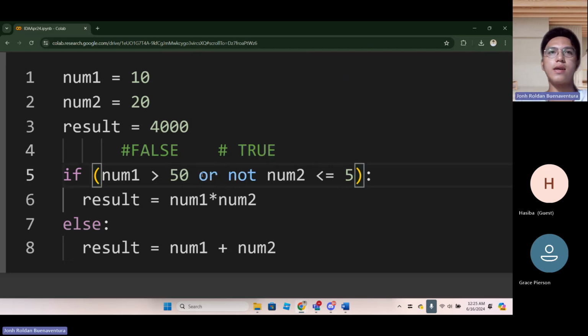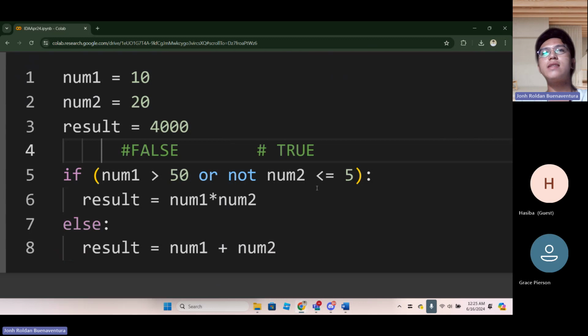Yeah. Okay. In case it looks like this, let's say num2 is greater than or equal to 5. Now the value of this is true because 20 is greater than 5. So that alone is true. But you have a not. Therefore, that will be a false. So you just flip the value.